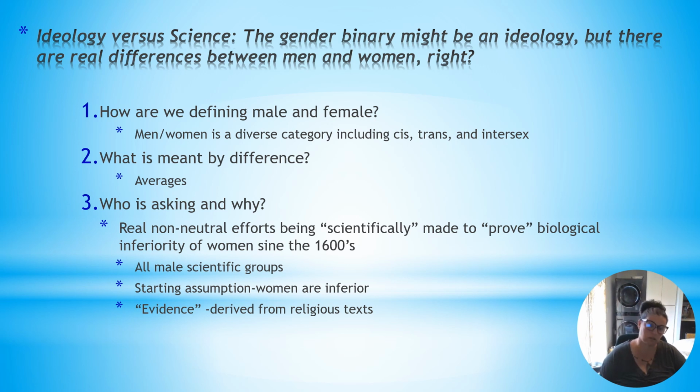Based on one of the earlier readings, I believe chapter 1, the book talks about how the definition of male and female is quite a diverse category, because this includes cisgendered people, it includes trans people, and it includes intersex people. So if you're omitting people, for example, trans people and intersex people, from your research, you need to specifically state that. We know that they're not being quantified or measured or observed within the study.